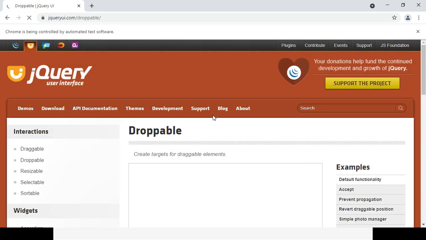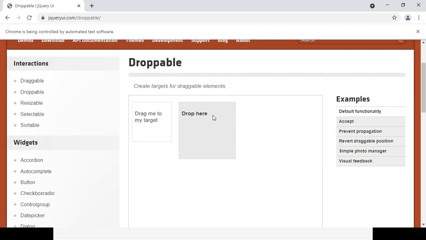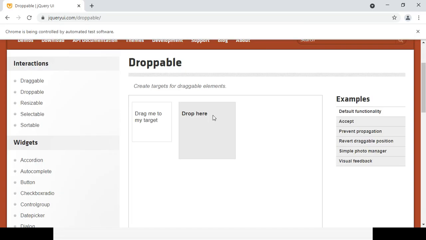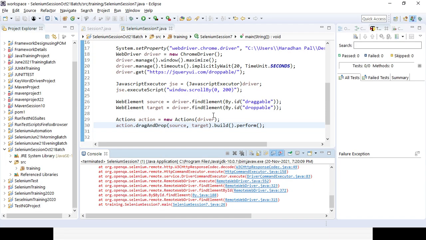It might take some time to load the page because a lot of things are there. Any kind of page where a frame is there might take some time to load. That is the reason we should give some timeout so that the page will fully load. Otherwise we should give some explicit wait to identify the element properly, but it will not happen. The page will also not quit, and the actions will not happen. So let's see the error. Okay, it is still working, trying to identify it. Okay, now the error came, sorry.